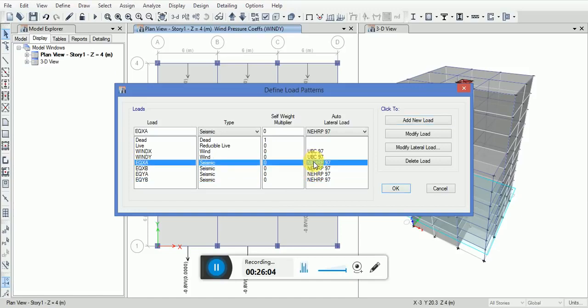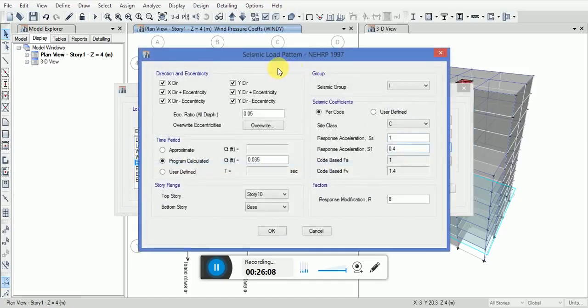First of all, I will go to EQXA, modify lateral load. I will select direction and eccentricity, X direction plus eccentricity, ratio